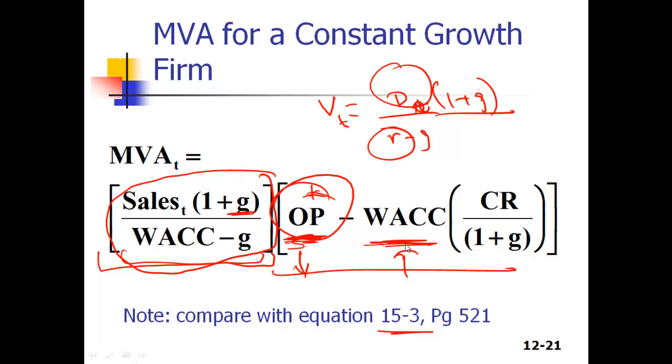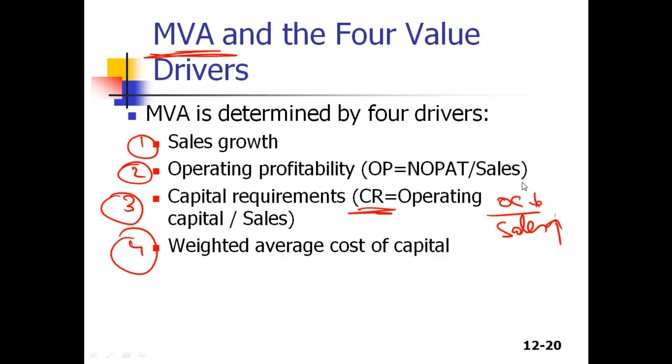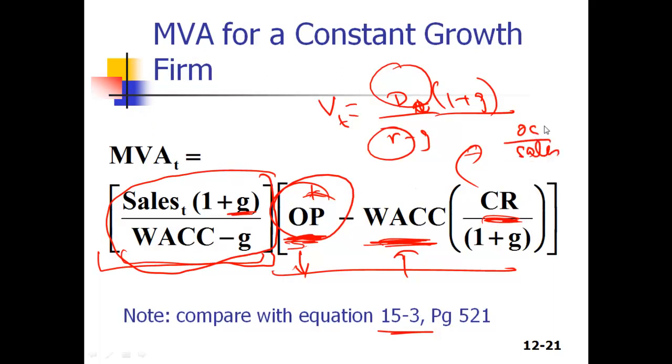Another point is, what is the importance of WACC? Conceptually, if you are running a business where the capital requirement is very low, what does that mean? If you have a high WACC, is that a problem if your capital requirement is very low? If you are a company that is not very capital intensive, that means you don't need too much capital. So what will happen there? What was CR? Do you remember from the previous slide? Capital on sales. It was operating capital divided by sales. So if this is a small number,